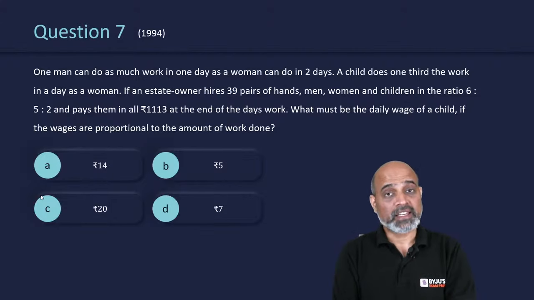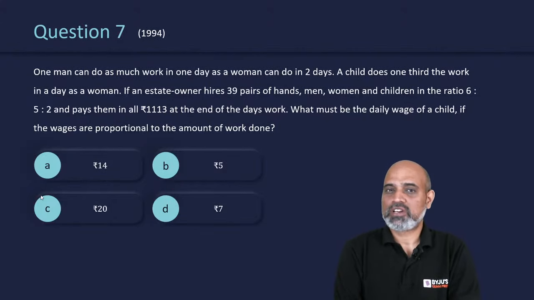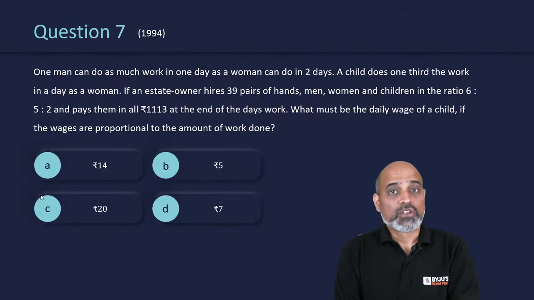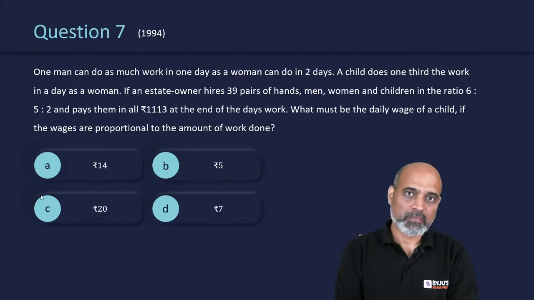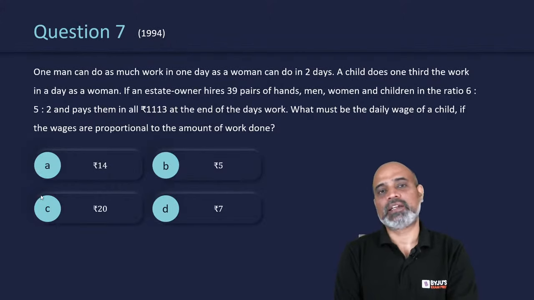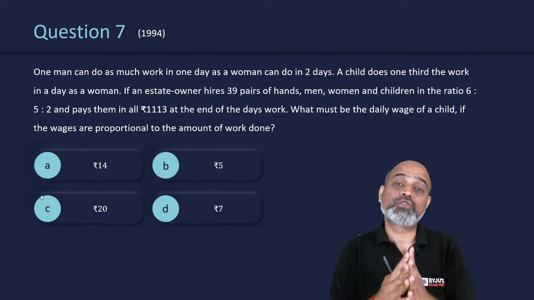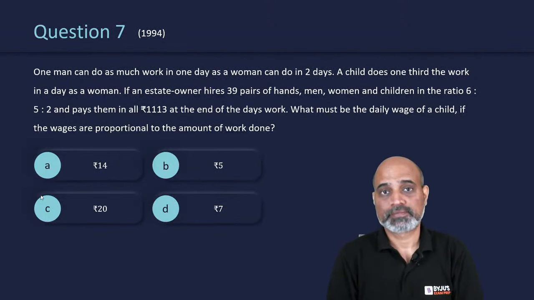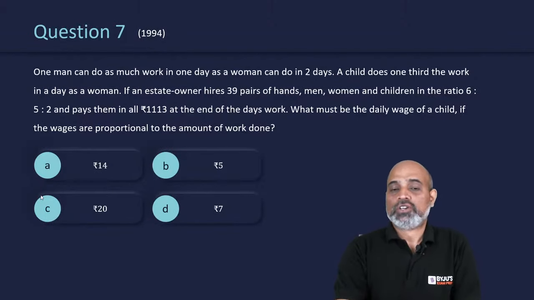The question is lengthy, but it's a time and work question. How difficult could it be? You have to practice time and work a lot. There has not been a single year where questions from time and work or time, speed and distance have not been there. हाँ, एक slot में शायद ना आए, but overall every year there has been at least one question. And if you combine time and work and time, speed and distance, तो 3-4 questions भी होते हैं. ठीक है? So from here,